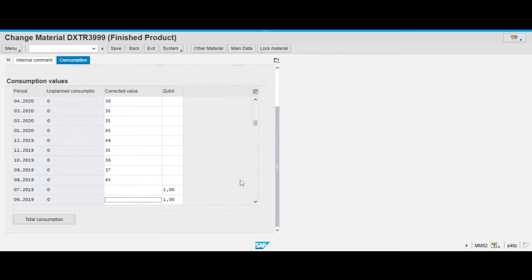I think this is enough. We have 30 values. We want to make sure that we have our data available, because if you don't have data, then it's difficult, right? Okay, let's see what is the total consumption. If I click here,